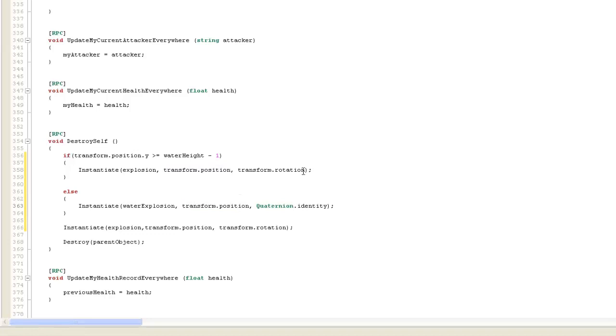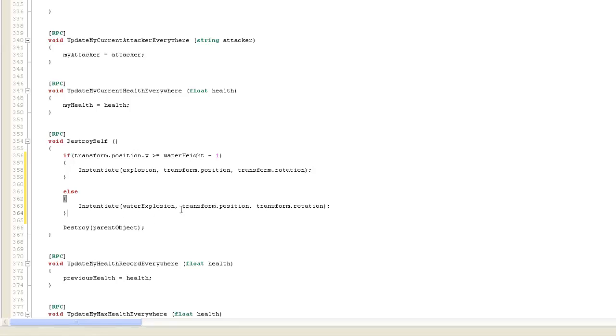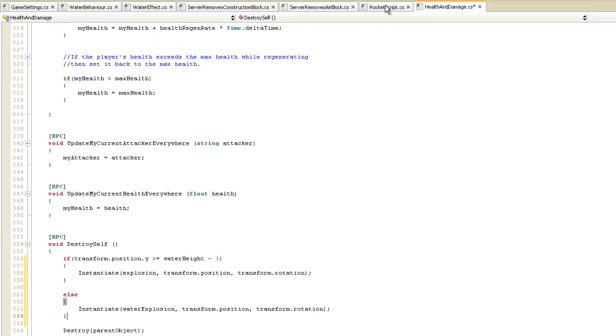Copy that in and copy in the rotation as well. Okay, and I'll delete the original line here. Now, something's just occurred to me. I obviously had to change out that rocket portion of code, so I've probably forgotten to do that